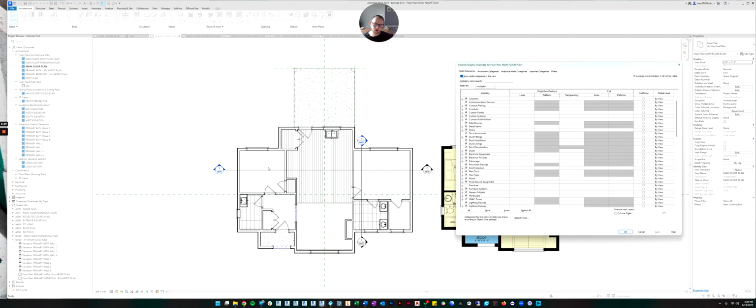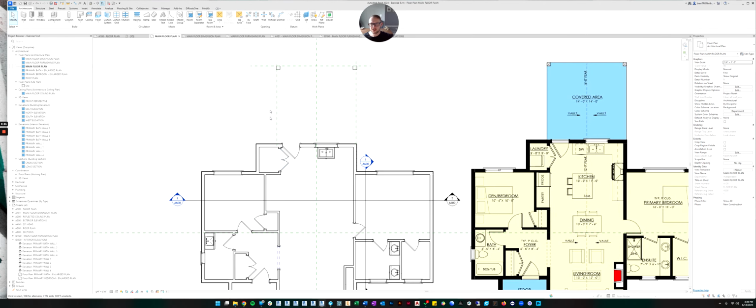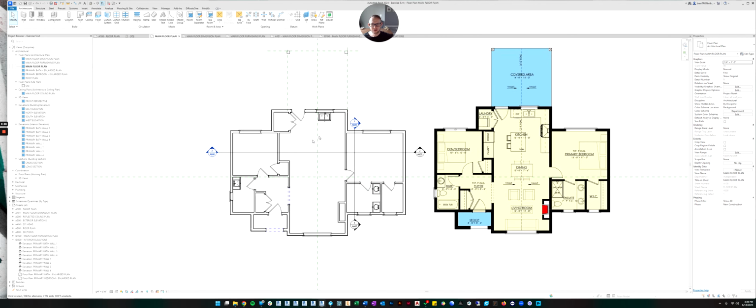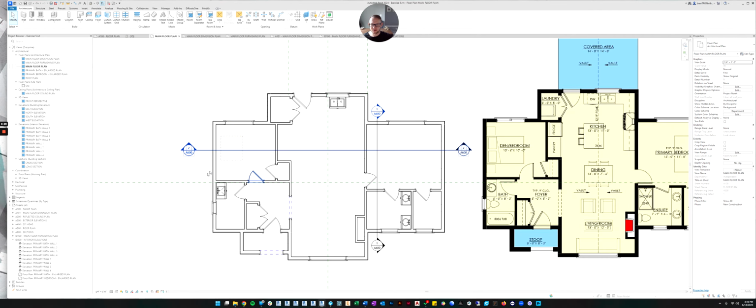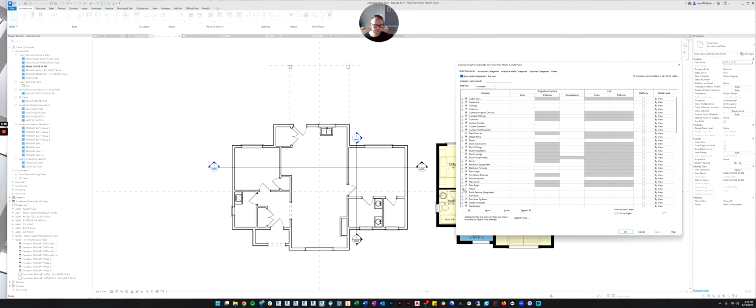But we probably don't want the floors. We can either turn the floors off and then we won't see them at all, but if we shut them off, what's going to happen? Let me show you. It'll go away, but then you can see we don't have an outline now for our back deck area. And it also means we can't select our floor in this view in case we need to edit something. So I like the floors to be on. So let's turn the floor back on and let's look at some of the other options here.